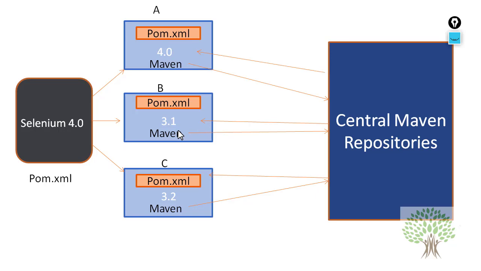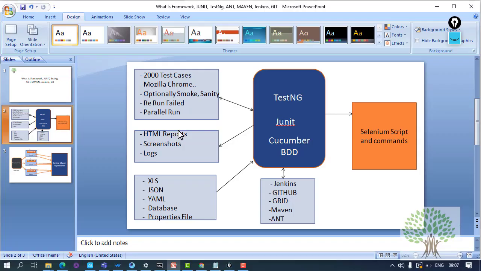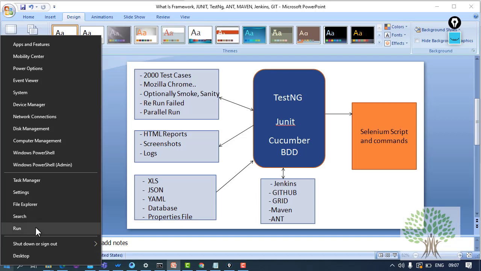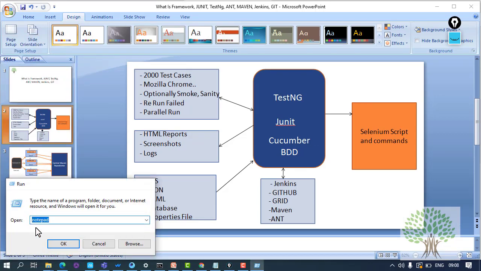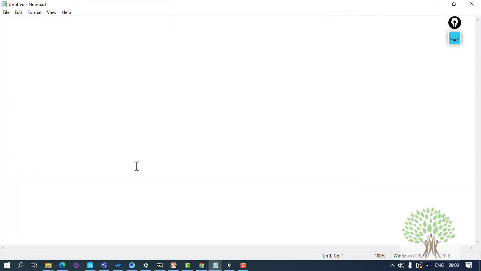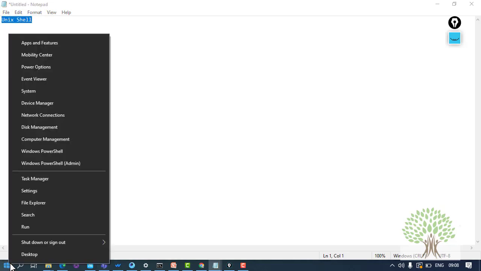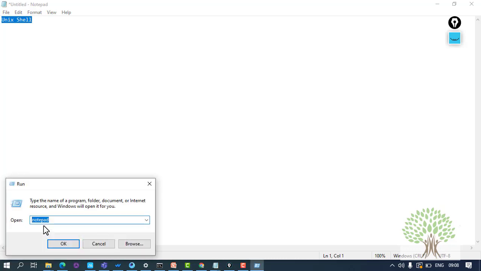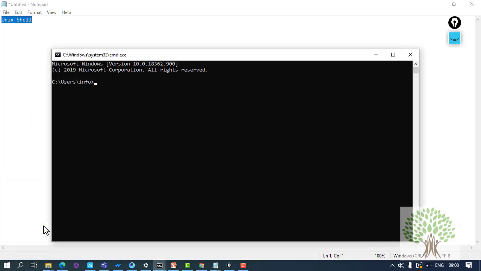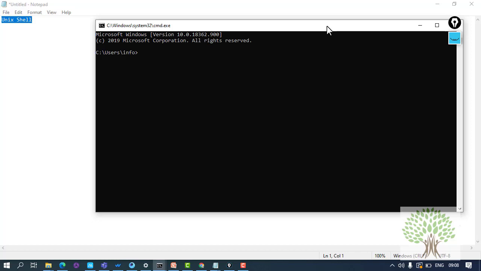Another advantage of Maven is that it will help you run your project through the command prompt. For example, at times you have a Unix shell and you have to execute your scripts on it, and Eclipse will not execute that for you. Or you have to execute your scripts through the command prompt.